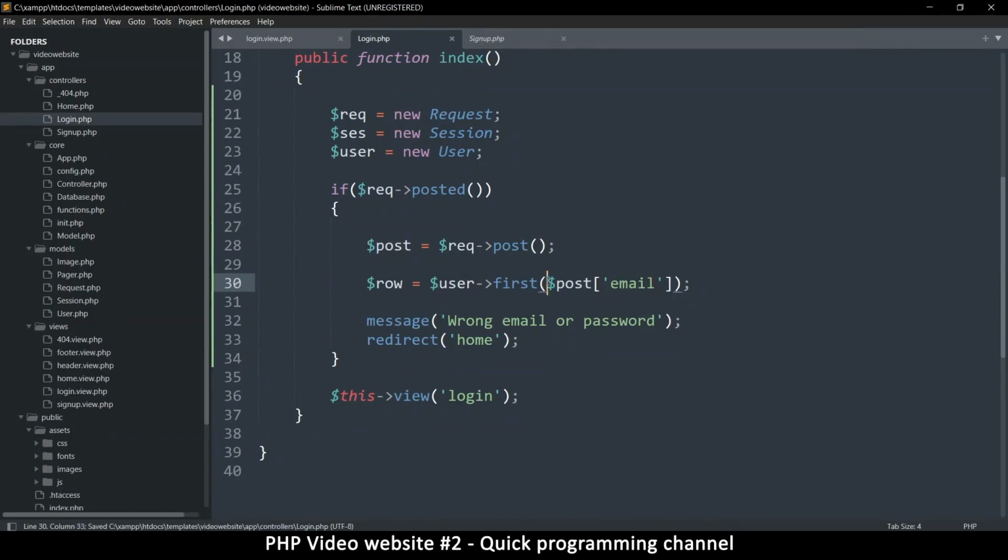So what I give in here is an array. I'll put this in brackets to make it into an array and say email, and then point to the value. So I'm telling it first, and I'll send an array with email and the value itself. That way it's going to find any column with that email. And if things go well,